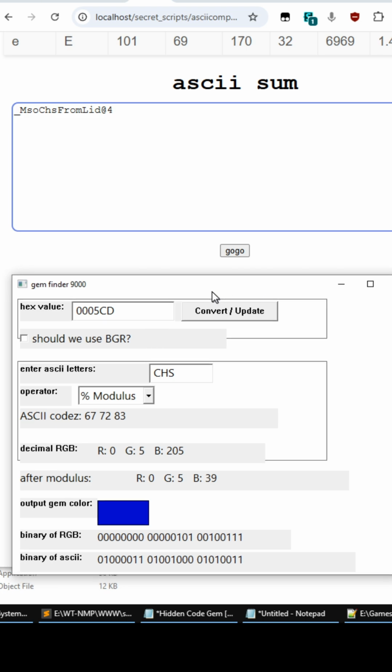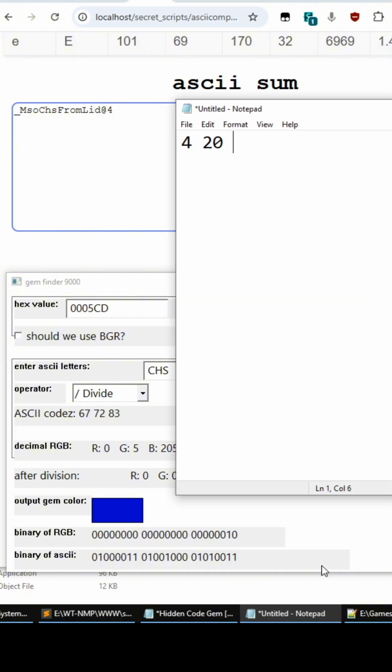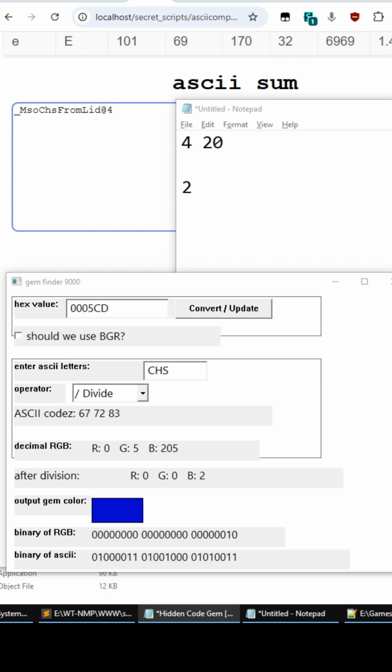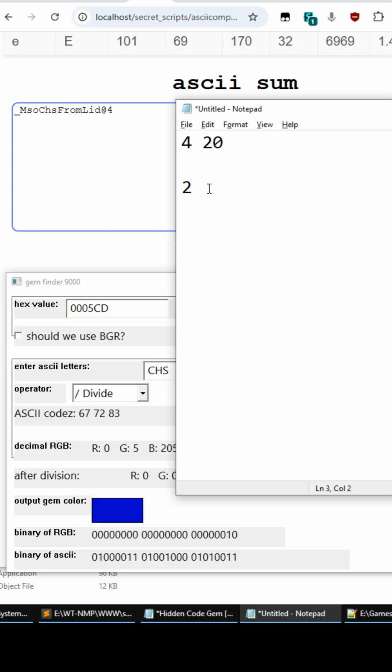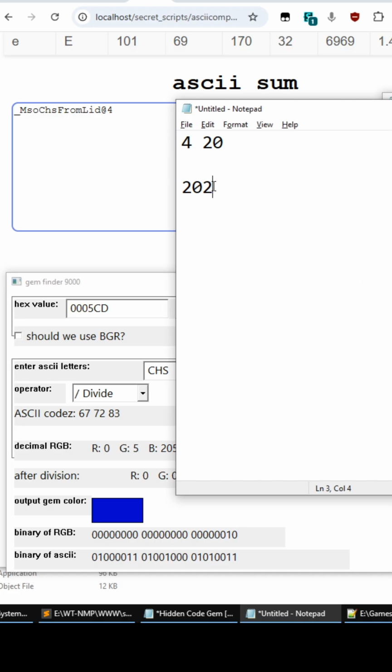So for 202, we need to go to CHS right here, and we need to go to divide, and we're going to be using B right here. And let me show you. So the B value is going to be 2, and then we're going to be using the G value, which after division, is 0. And then we need to get the G value up here for the decimal RGB, which is 5, and we're going to subtract 3 because there's 3 characters in CHS, and that's going to give us 2. And then boom, it's going to give us